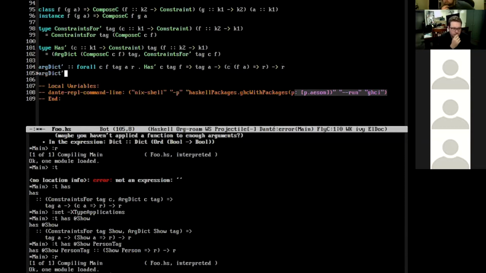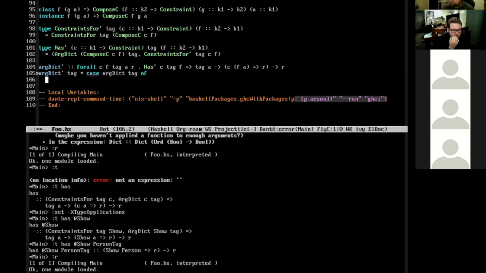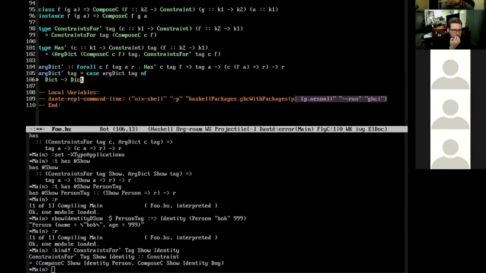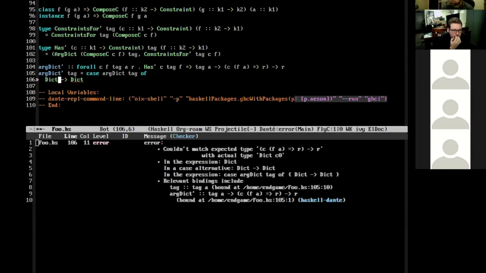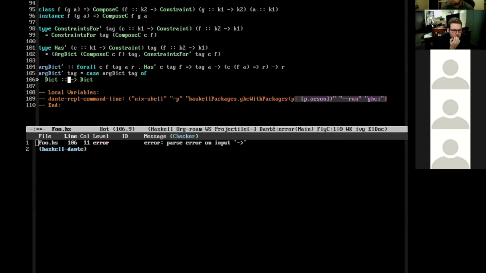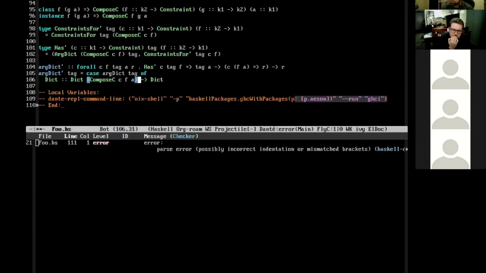So argdict prime, the tag, we just delegate to the one we had before. And we may need to help it along.